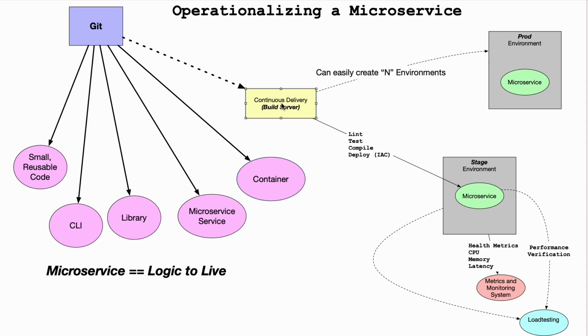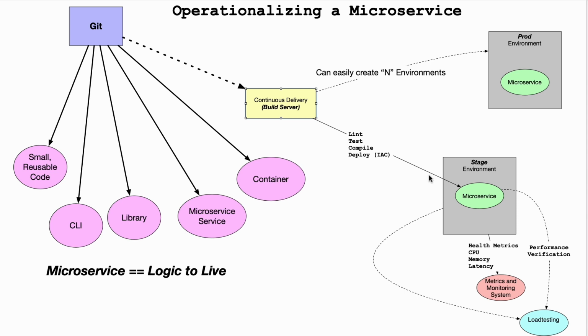Now, if you go to the continuous delivery system or the build server, it'll go through the steps of linting, testing, compiling, maybe pushing this into a container repository, and then finally deploying through infrastructure as code. What this does by using infrastructure as code coupled with, let's say, a container, is that you can create any number of environments. You can create a staging environment, you can create a production environment, you can create a load test environment, you can create a development environment, and you can do automated things depending on which environment it gets